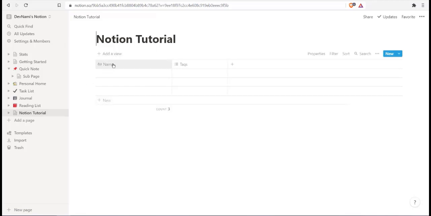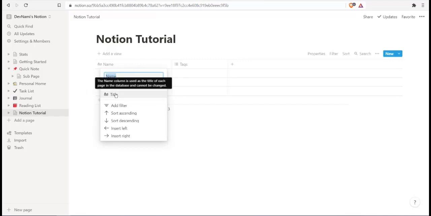where you have to add the name of a particular column and then keep on adding the values to it. Similarly, you can keep on adding columns to the right, and then particular rows underneath each column will be displayed. So let's do something like this. Property type title, so use